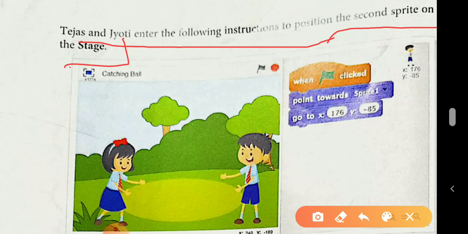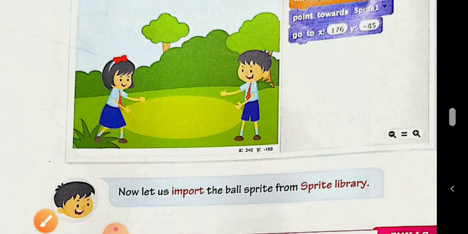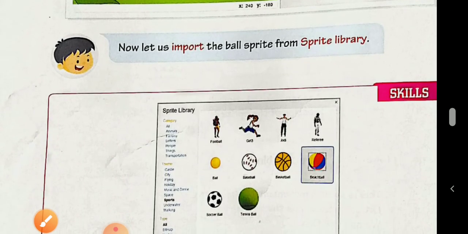So here you can see point towards sprite 1 and go to x-axis 176 and y-axis minus 85. It means here your direction will change.